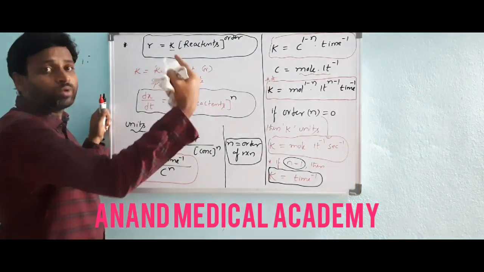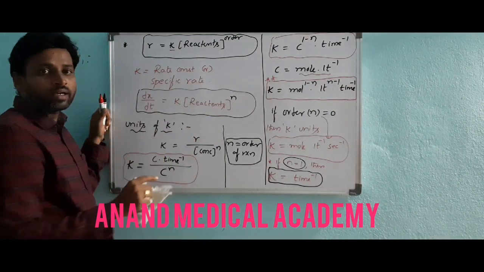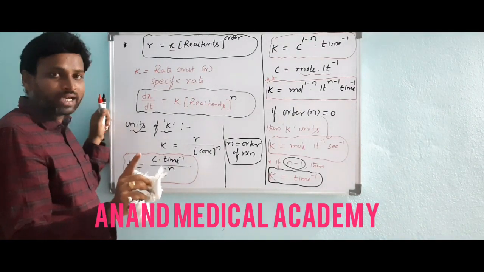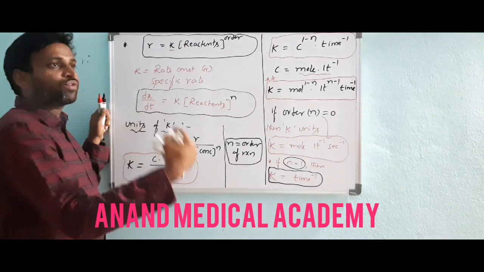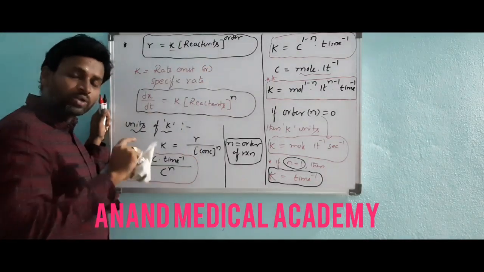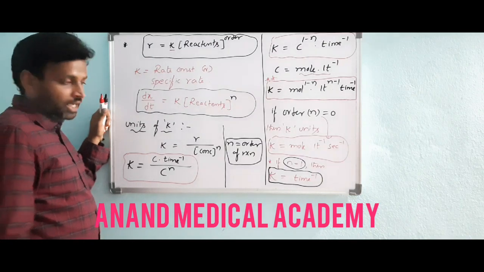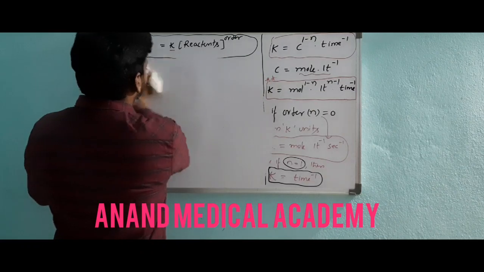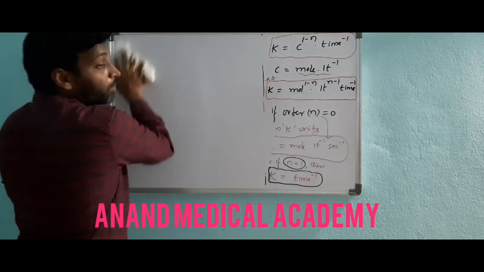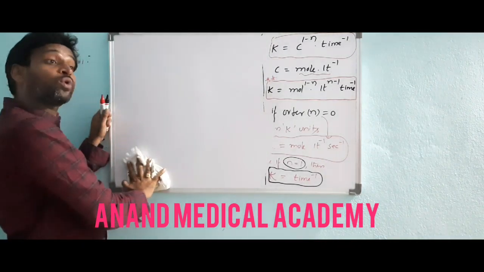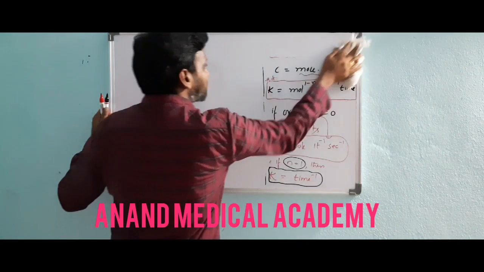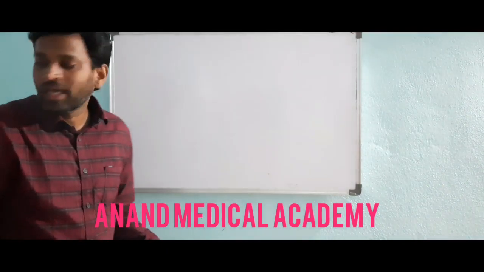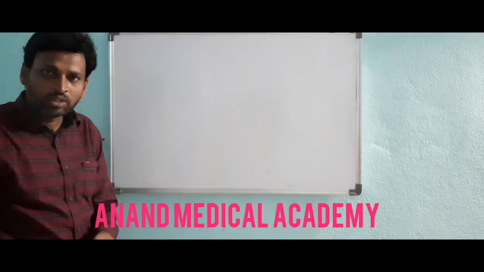If volume doubles, what happens for a particular rate equation? Rate equation they have to give, otherwise they have to give the order of reaction. Then it's very simple. If concentration doubles, the rate changes how many times? You can say very easily. Okay. Sometimes what they'll do: if concentration doubles and the rate of reaction becomes 4 times, then what is the rate expression? It means R is equal to K into concentration power 2.